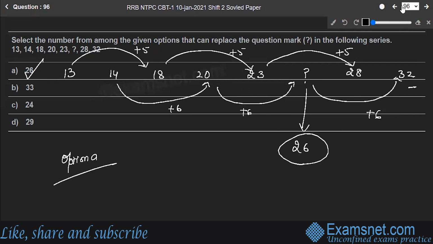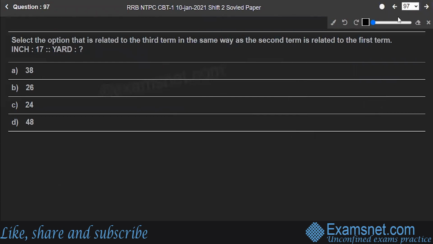Hope you got that. Next is 97th question. Select the option which is related to the third term in the same way as the second is related to the first. Okay, so I have inch, 17. To answer the question, I'll be using the same alphabetical place value table which we used in the last question. So please refer to that table. And I have told you already, keep that table handy with you because it will be used in a number of questions. Okay, so inch,